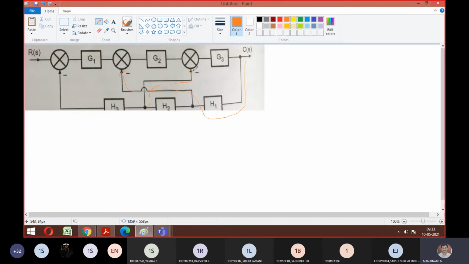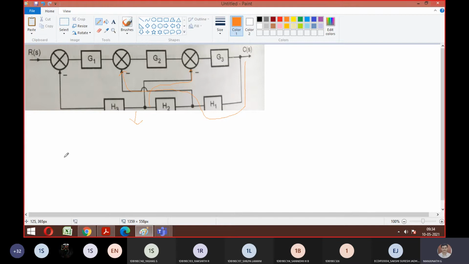So now the task is we need to separate these two. If we separate these two paths, then you can somehow solve the problem. So now my question is how the diagram looks after separating. Only H1 for this and the H2 H1 combination for this. So how does the diagram look, guys?